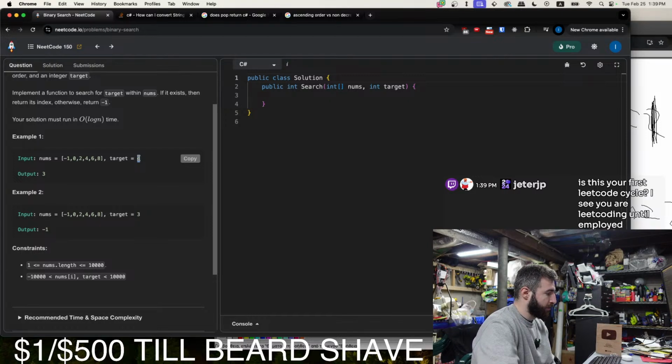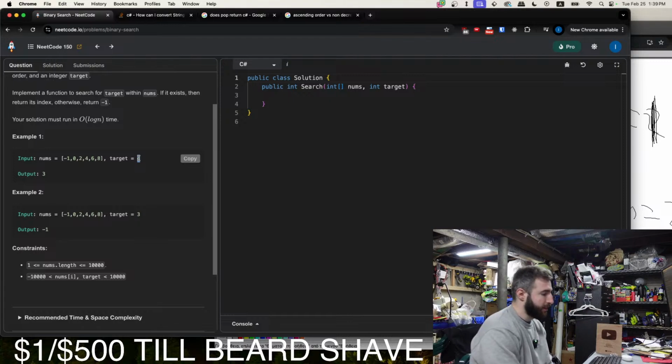Is this your first Leetcode cycle? I see you're Leetcoding until employed. Yeah, well, yeah, this is the first proper Leetcode cycle. When I got my job in college, I had a coding assessment, but I don't think I really grinded Leetcode for it. The questions were very easy though. But yeah, this is the first time I'm actually grinding Leetcode and solving these problems.